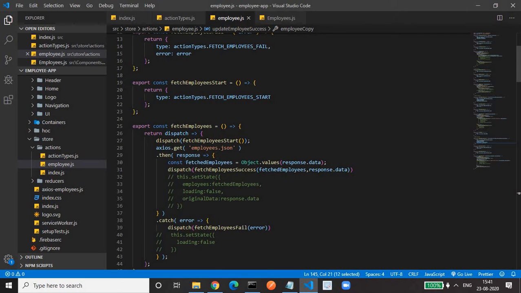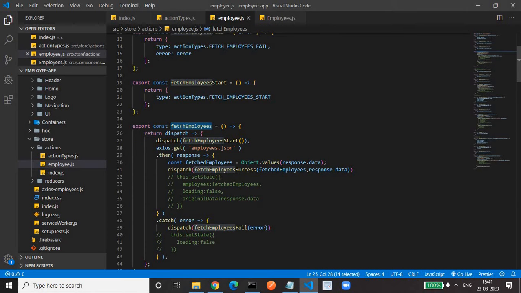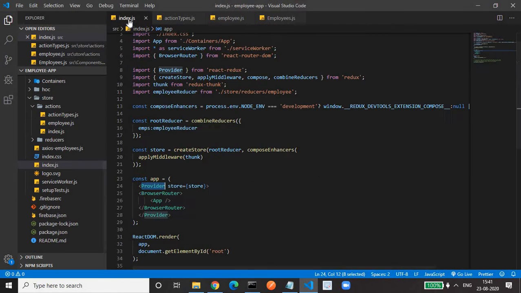So here, if you see, I have moved the entire axios call. This one is an action creator. It's a function which returns another function with a parameter dispatch, and within this dispatch function we will call our Ajax call, and this is possible only because of Redux Thunk.